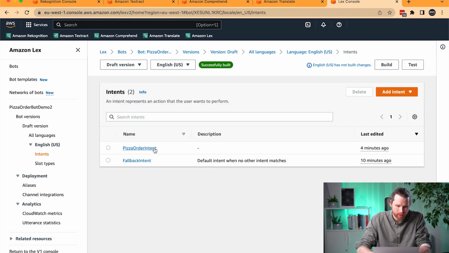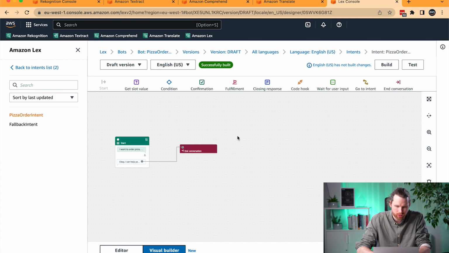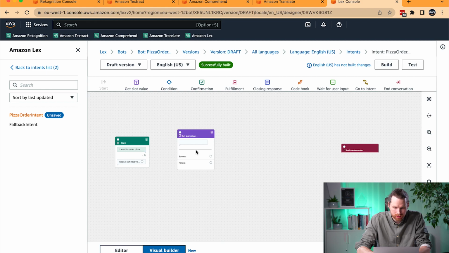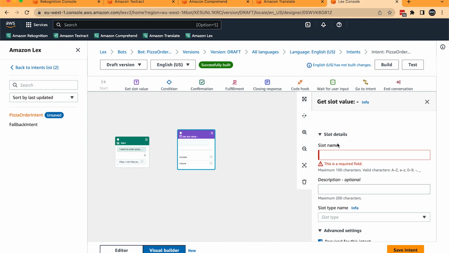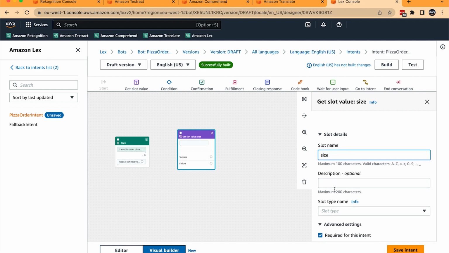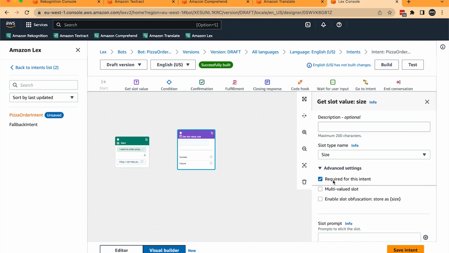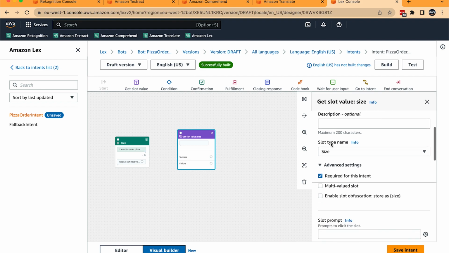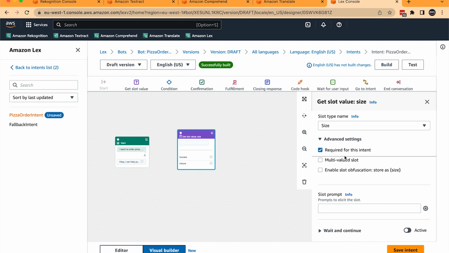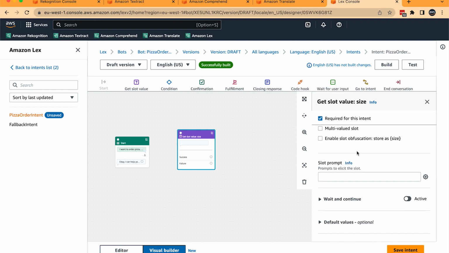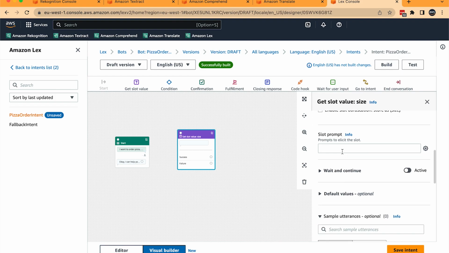Okay, let's go back to the intent. See the visual builder. So we had this starting point and the ending point and the connection. I'm going to remove the connection and add a new block, the get slot value block. I click on edit, and the slot name is going to be size. The type is size. We expect Lex to find out what the size should be. We accept one answer to this. We don't need to hide the value of the size, and